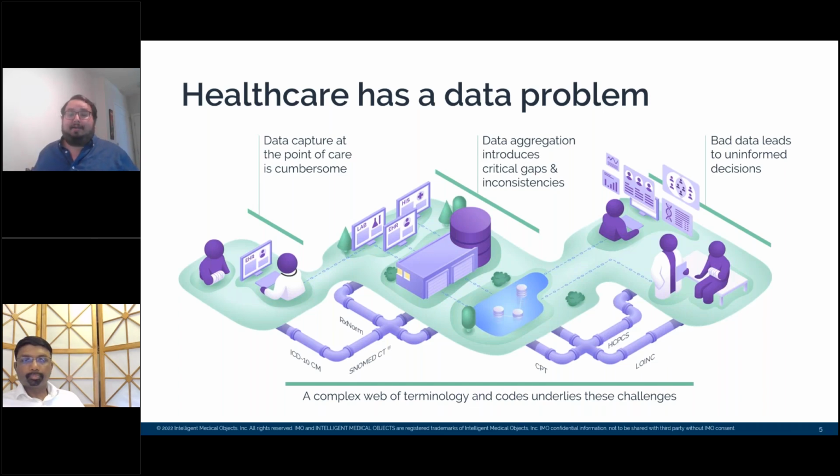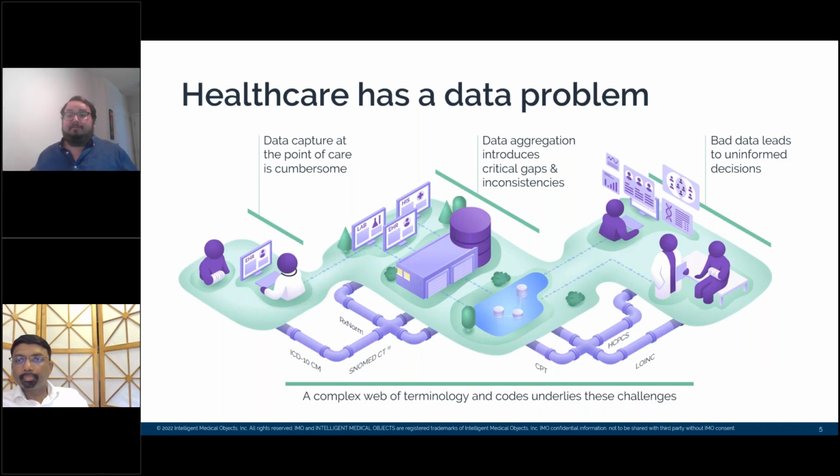And poor data quality can occur for several different reasons. One, data capture at the point of care can be extremely cumbersome in different EMRs and different lab systems and in other healthcare IT spaces. And then aggregating that data and moving it throughout your system at your organization can introduce critical gaps and inconsistencies. An example of this is secondary CPT codes. Secondary codes in some systems may drop out when the information gets moved into them. At the end of the day, this leads to missing data in the data warehouse, which in turn can lead